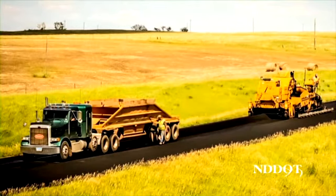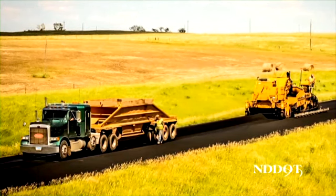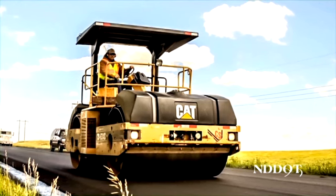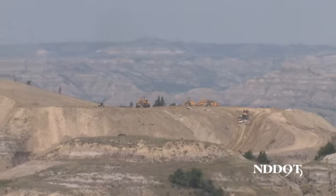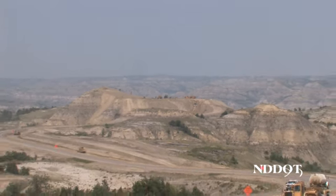Other projects included maintenance on US 83 from Strasburg to the South Dakota state line, North Dakota 21 from New Leipzig to Carson, and a widening and guardrail project across Garrison Dam. In western North Dakota, construction has been nonstop to address the transportation needs of the growing energy industry and oil